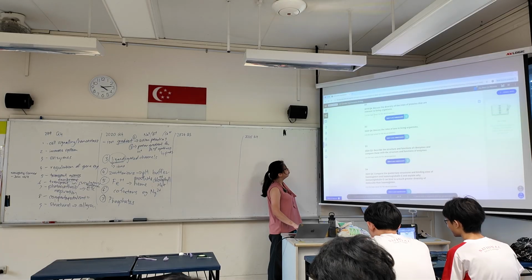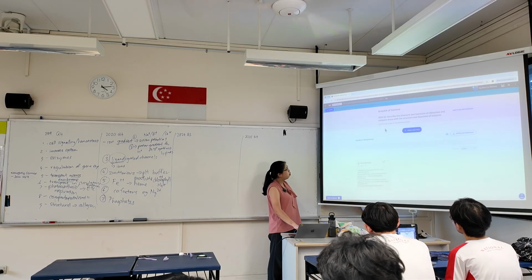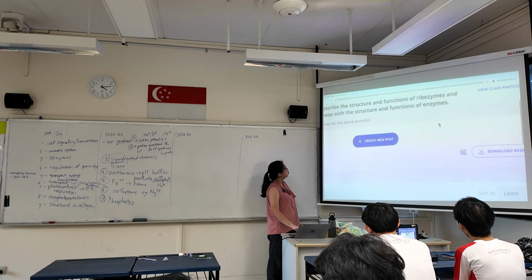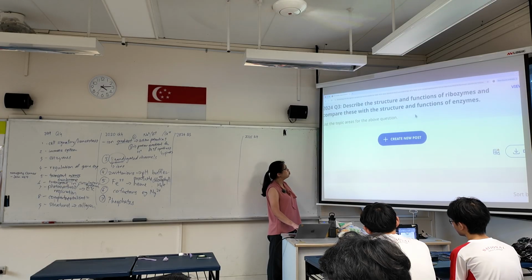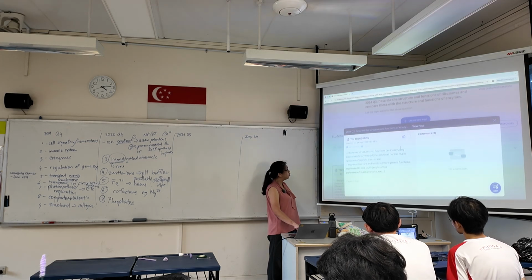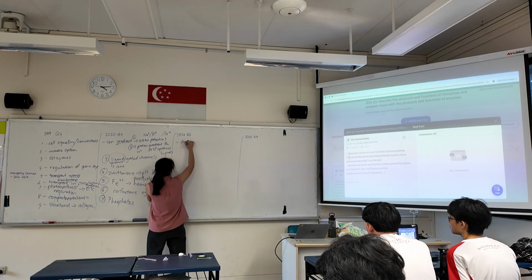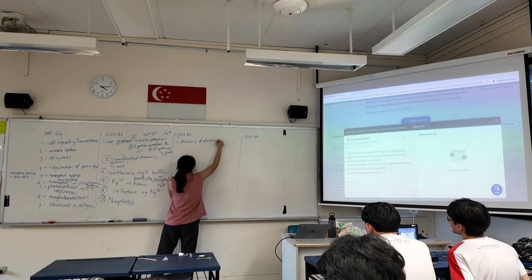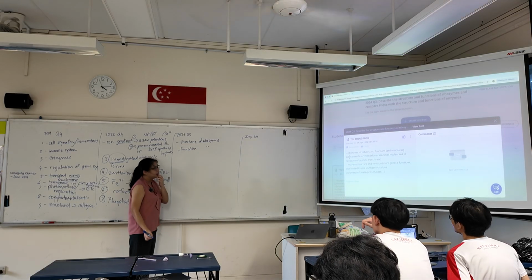Third question. So the first two are about roles, right? The next two are about comparison. Comparison is a bit more tricky in terms of how you identify the topic area. So describe the structure and function of ribozymes, and then the second part, compare this with the structure and function of enzymes. Okay, so you have structure and function of ribozymes. In fact, I will actually put one area as structure of ribozymes. So this is one area. Then another area is functions of ribozymes. Okay,